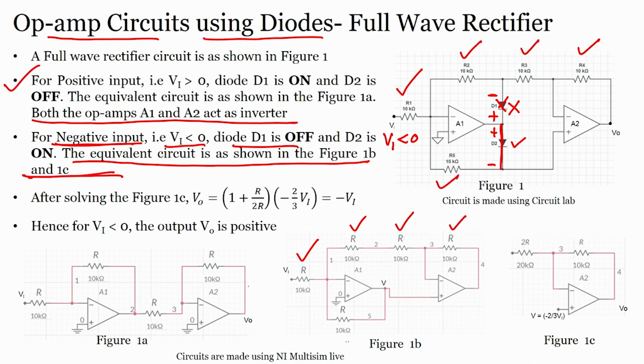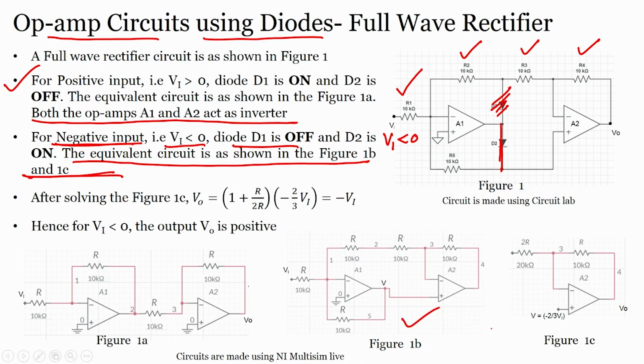Now, this resistor here, correct. Why? Because this diode D2 is conducting, right, and D1 is not conducting. So, here you can see D1 is not conducting. So, we have no circuit or no connection in this particular case, which is your figure 1b. So, it is very easy to draw the equivalent circuit of figure 1 when D2 is conducting and D1 is not conducting. D1 is not conducting, that means there is nothing here, D2 is conducting, that means there is a short here, this is the circuit,